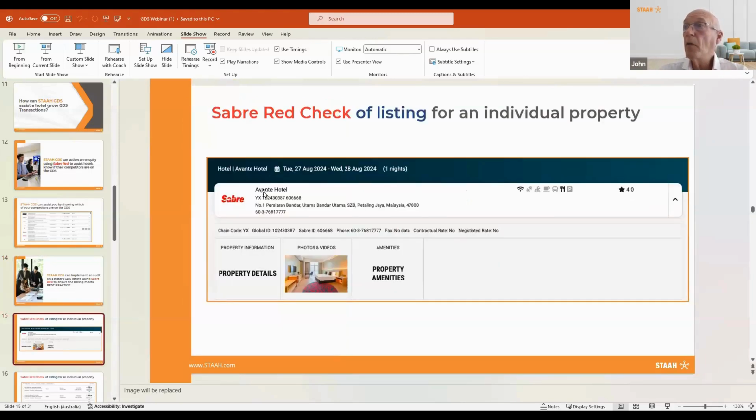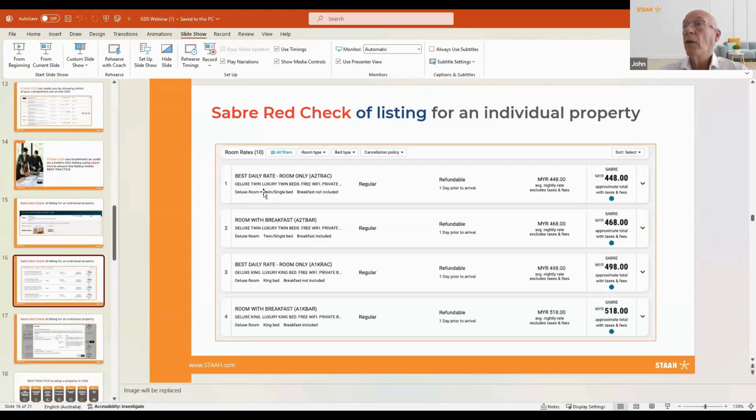So this is an example of what a travel agent sees. There's a number of images here. The Avante Hotel in Malaysia is one that we've chosen. And you can see here, these are the rate plans that a travel agent can see. It has the rates. It has a little blue icon that says the travel agent can earn commission on these rates. And for example, this hotel has a room only rate,